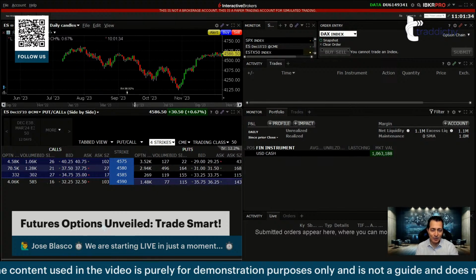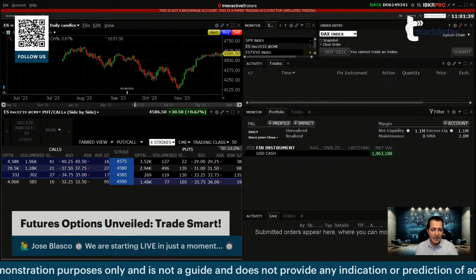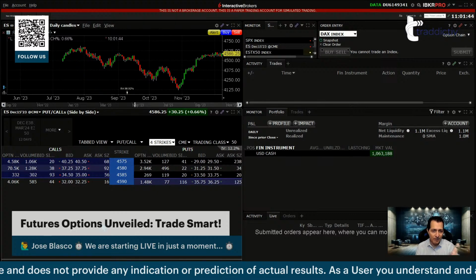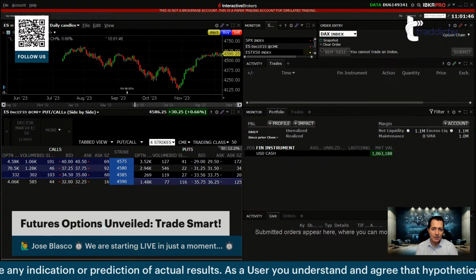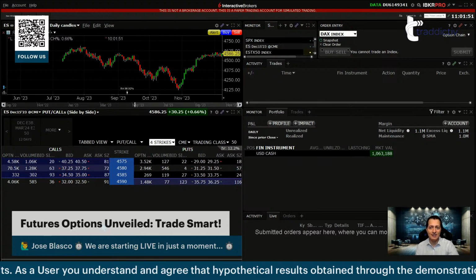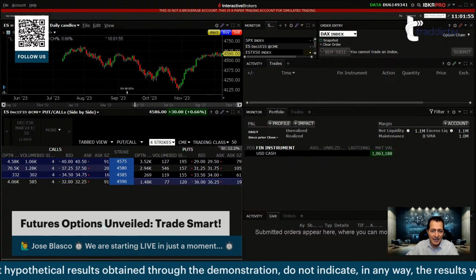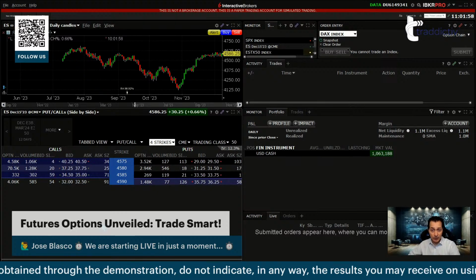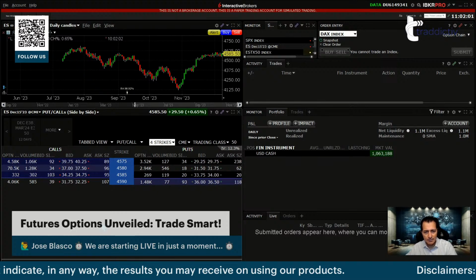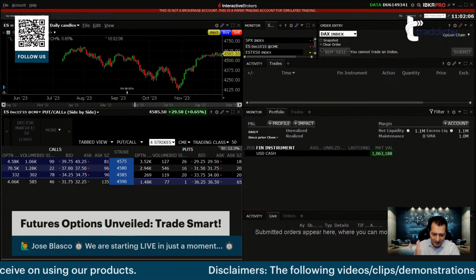But it doesn't mean you cannot still trade the December contract. You could keep trading it all the way until the very last second, until December 15 reaches 5 p.m. New York time, which is 4 p.m. Chicago time, and that market closes, and therefore the contract now expires. Until that moment, you could trade. Of course, you're going to have terrible bid-ask spread, you're going to get slippage, but you could. Okay, so the option that uses that December contract as the underlying would expire at that moment too.